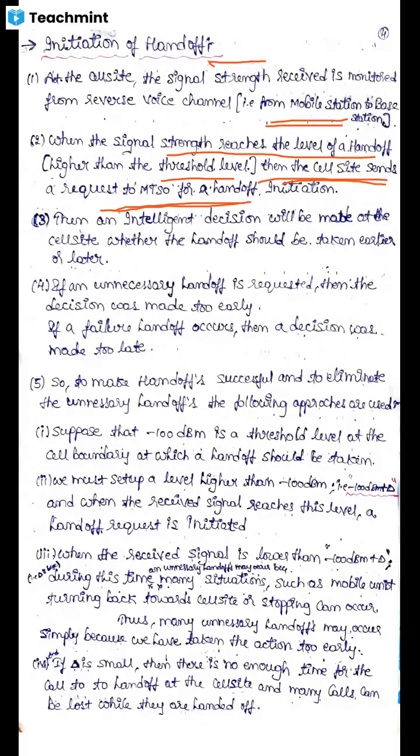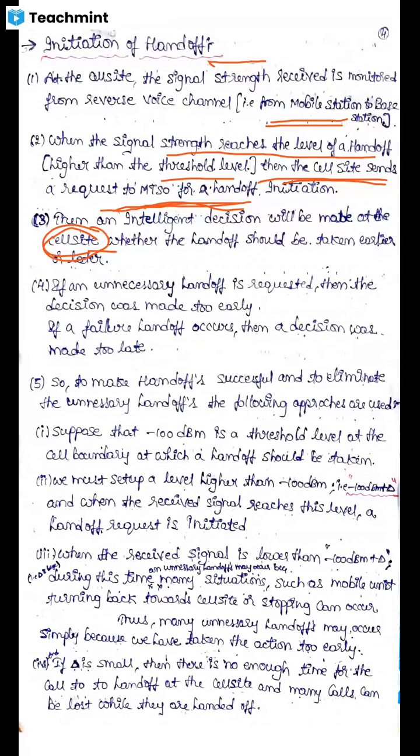Then an intelligent decision will be taken by the cell site whether the handoff should be taken earlier or not. It means when the cell site sends a request to MTSO for handoff initiation, then an intelligent decision will be taken by the cell site. What is intelligent decision? Here intelligent decision means